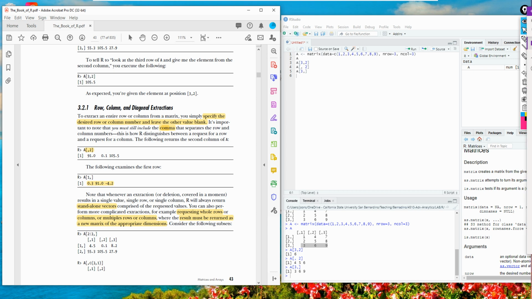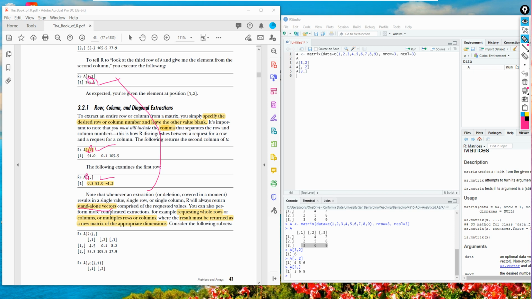In this case, this is a single element, and this is a single column, the second column, and this is the first row. In these three cases, the return value is a standalone vector.